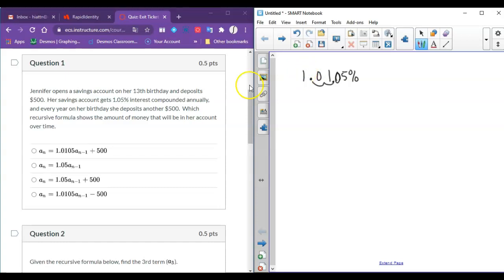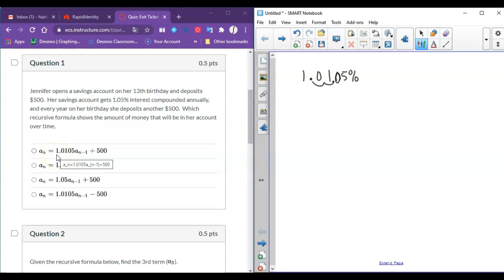So right away I can see I'm not going to use what is B and C here for this one, although yours are probably in different order because I think I told it to mix it up. So I'm not going to use these two because they just use 1.05. That would be a 5% interest rate, which is not the interest rate that Jennifer is getting here. So we need it's either A or D here where we're using that